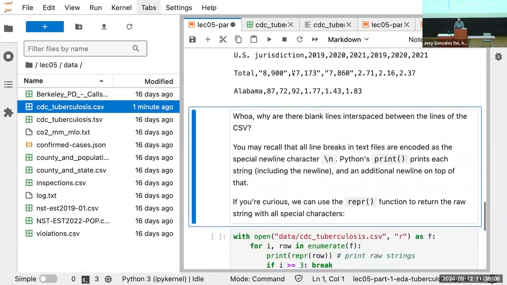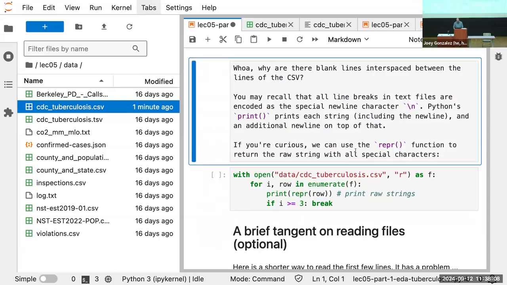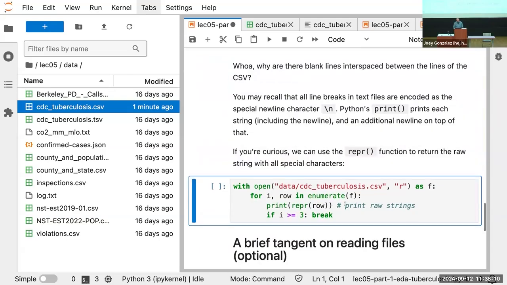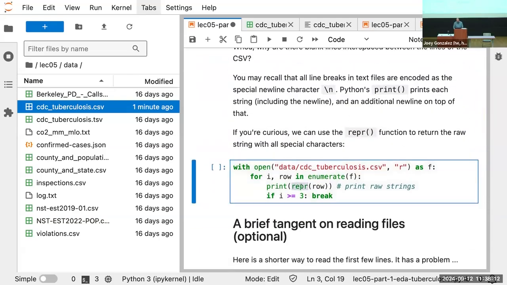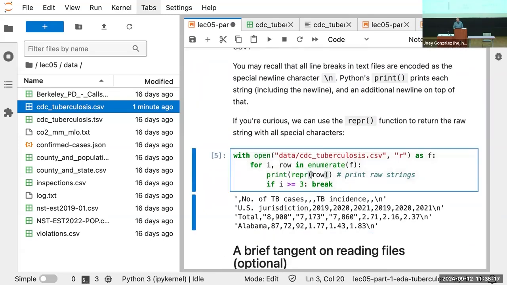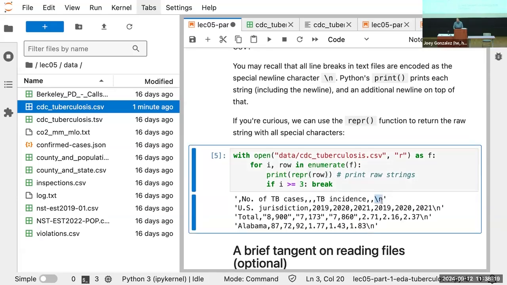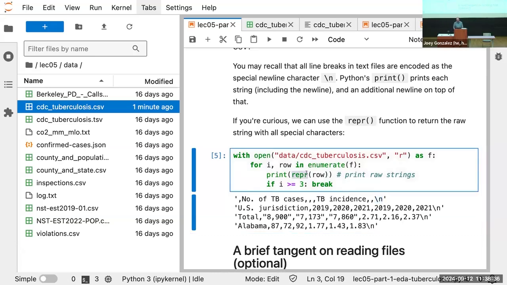I want to see what's going on in the file. Another really cool piece of Python syntax is the repr function. This lets me get the raw representation of that string. So let's run this. Instead of printing the string with the new line characters, I'm converting those new line characters into a \n to say there's a new line. So now all those hidden characters, those tabs, spaces, new lines, and all those other things are now visible, and I can see what's going on in my file. We have weird files. This can be very useful for reading what's going on in your data.